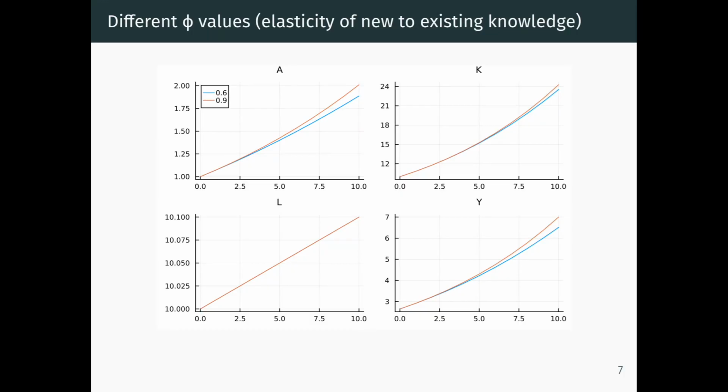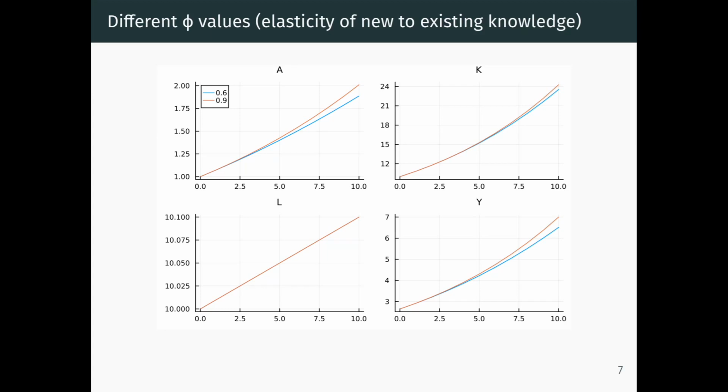So if you simulate the model with different phi values, where phi is, as you know, the elasticity of new to existing knowledge. So a higher value of phi means that the current stock of technology can be better used to generate new inventions or new